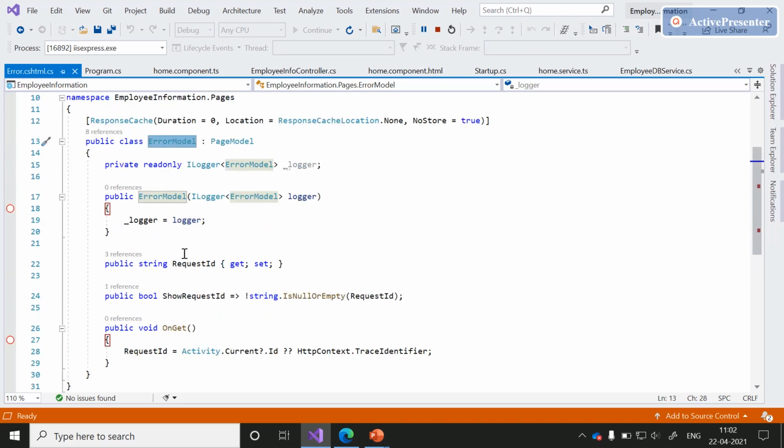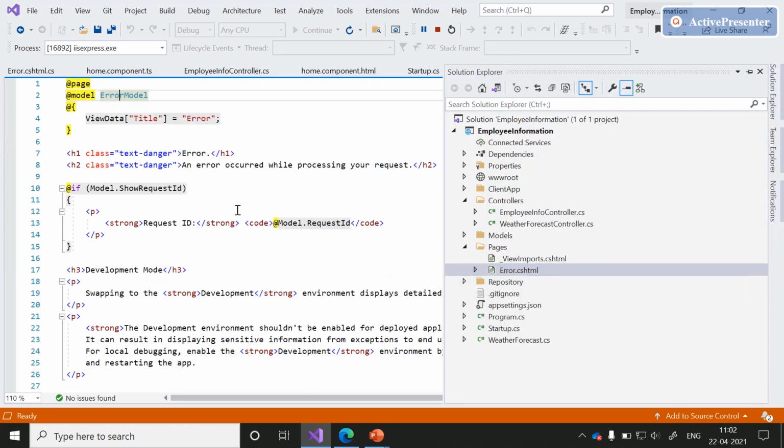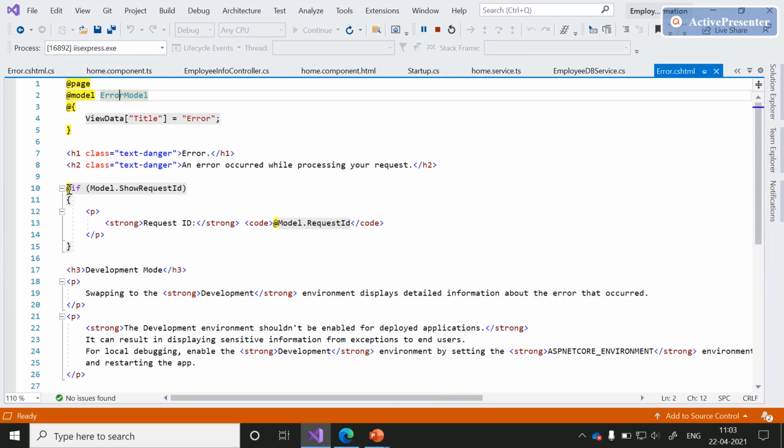From this, we can see there is one RequestId, which contains the request ID information from the HttpContext TraceIdentifier. This request ID will be bound to the error page, that is Error.cshtml. If you observe these few lines of code, if there is any ShowRequestId, then that request ID will be bound to this Error.cshtml.